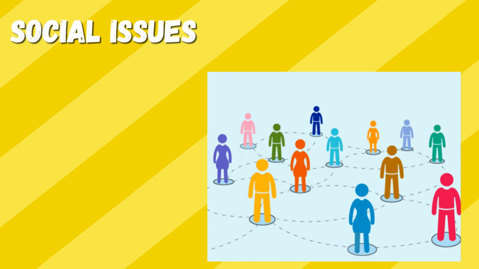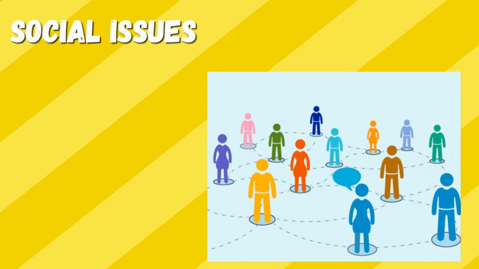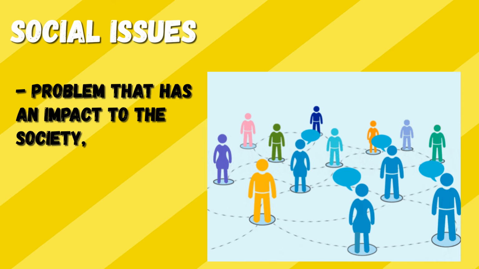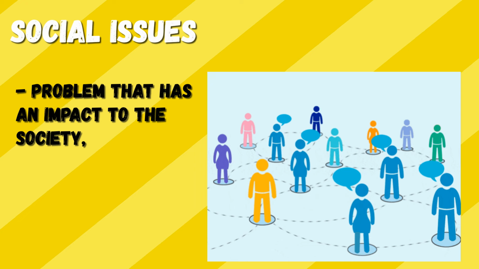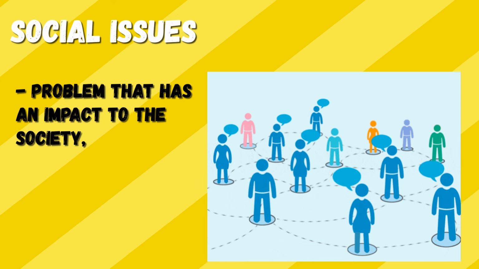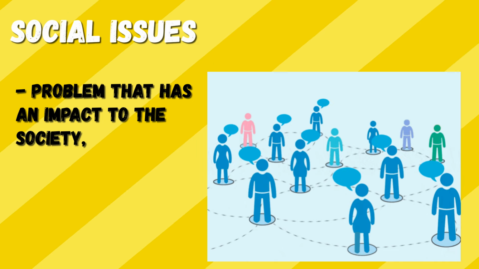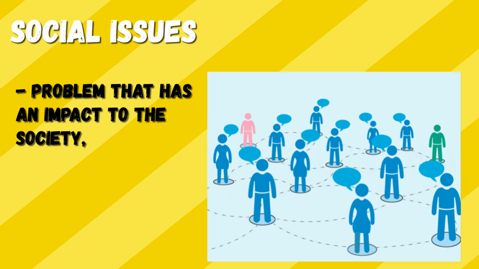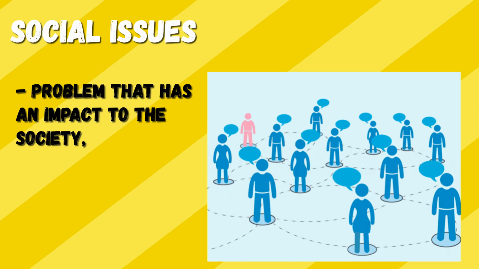Social issue. A social issue is a problem or matter that has an impact on society and individuals within that society. These issues are often topics of debate and discussion, and they can have far-reaching effects on the well-being of communities, groups, or even entire populations. Social issues can manifest in various forms and may include concerns related to the following: